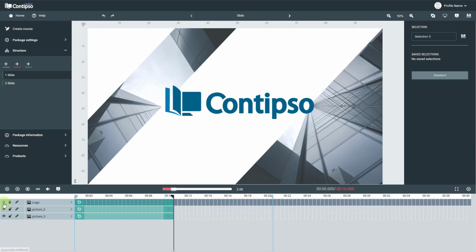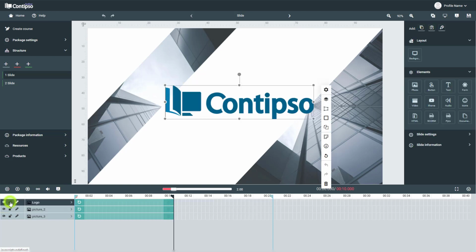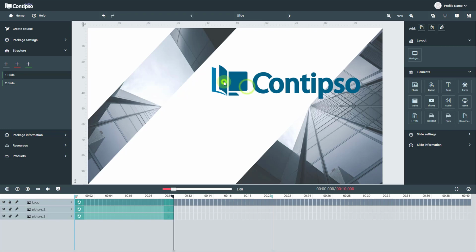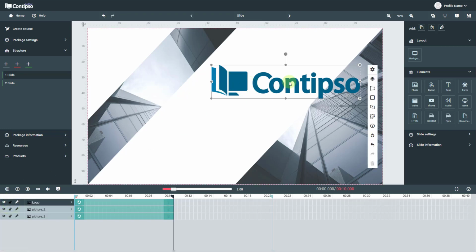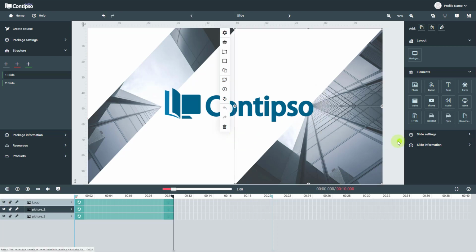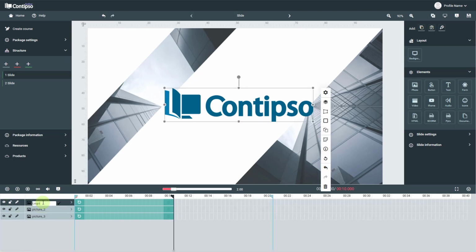When we are looking at the different elements, you can hide and reveal them from this button here. You can lock their movement, or you can decide their position and lock it so that they are not selectable or movable. So if you want something to be fixed on a specific location or area of the slide, you can select this little lock here. Also, you can edit different settings for the element, like its name, for example. As you can see, we can rename it or have an edit and click on the tick here so that